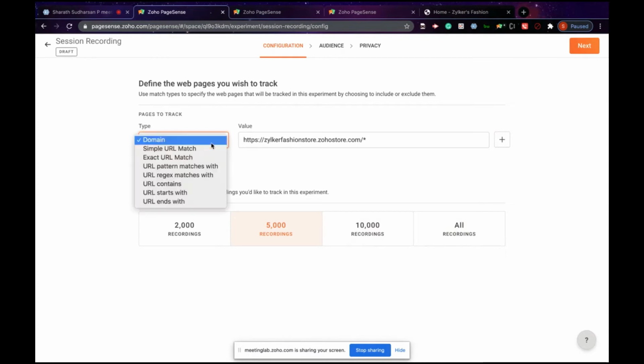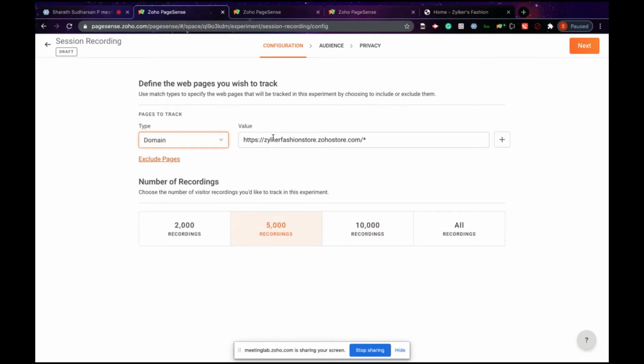And moving on to the next match type, here we have regex. The regular expression is used to target multiple and complicated URLs by providing a pattern to match the URLs. Moving on to the URL contains, this match type targets all pages which contain the entered string in the value tab.